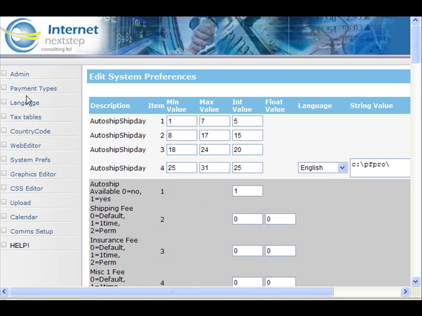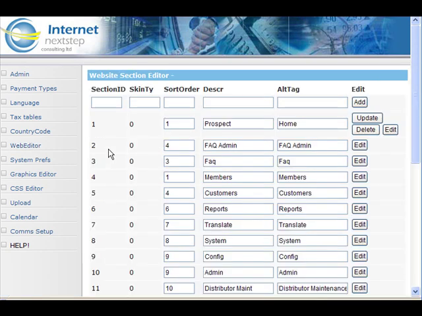And let's click on Web Editor. This is where you can add custom pages. So you can add your pages to the replicated website outside the Members Lounge. You can add pages inside the Members Lounge. You can change pages. You can't control anything other than on and off on system pages, except through the translation engine. But you do have the ability to add an unlimited number of pages and links and navigation,